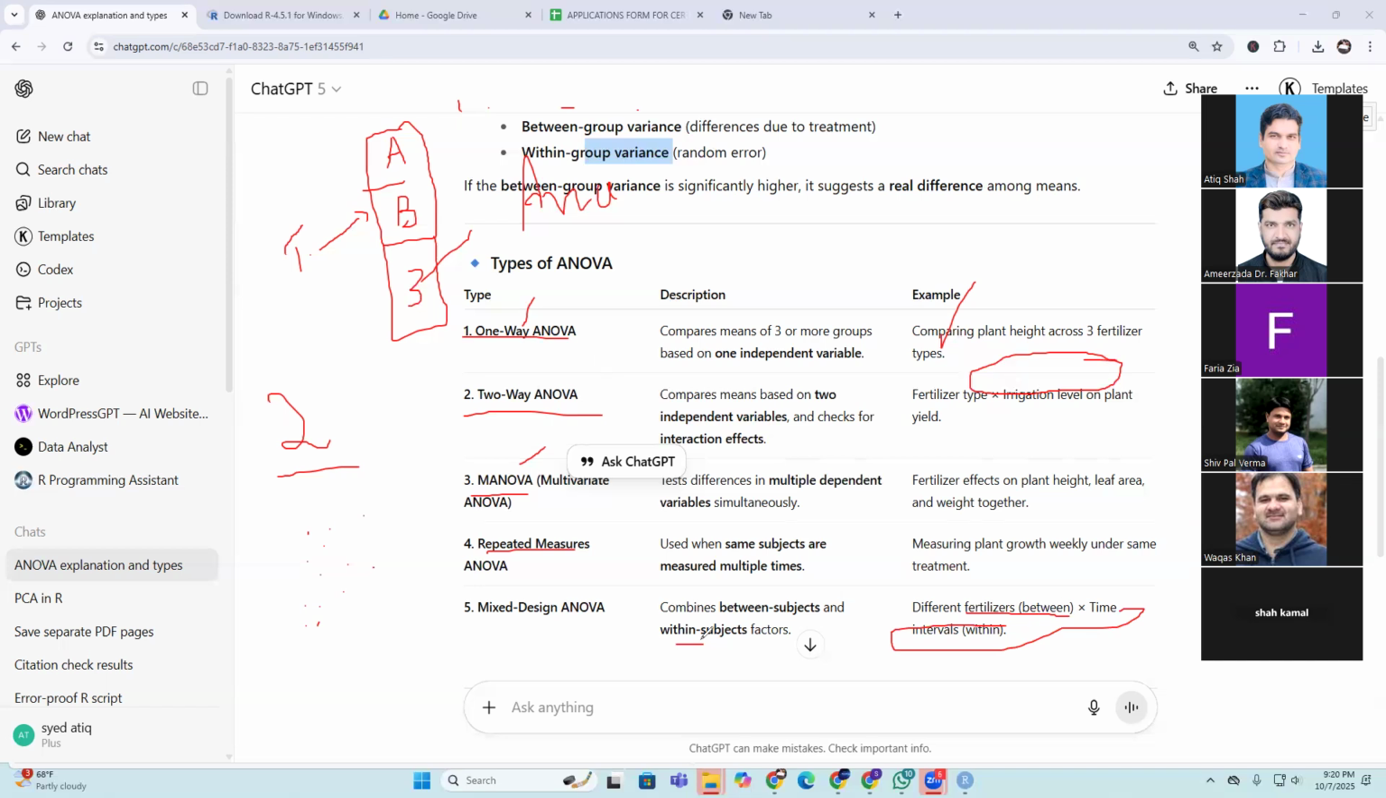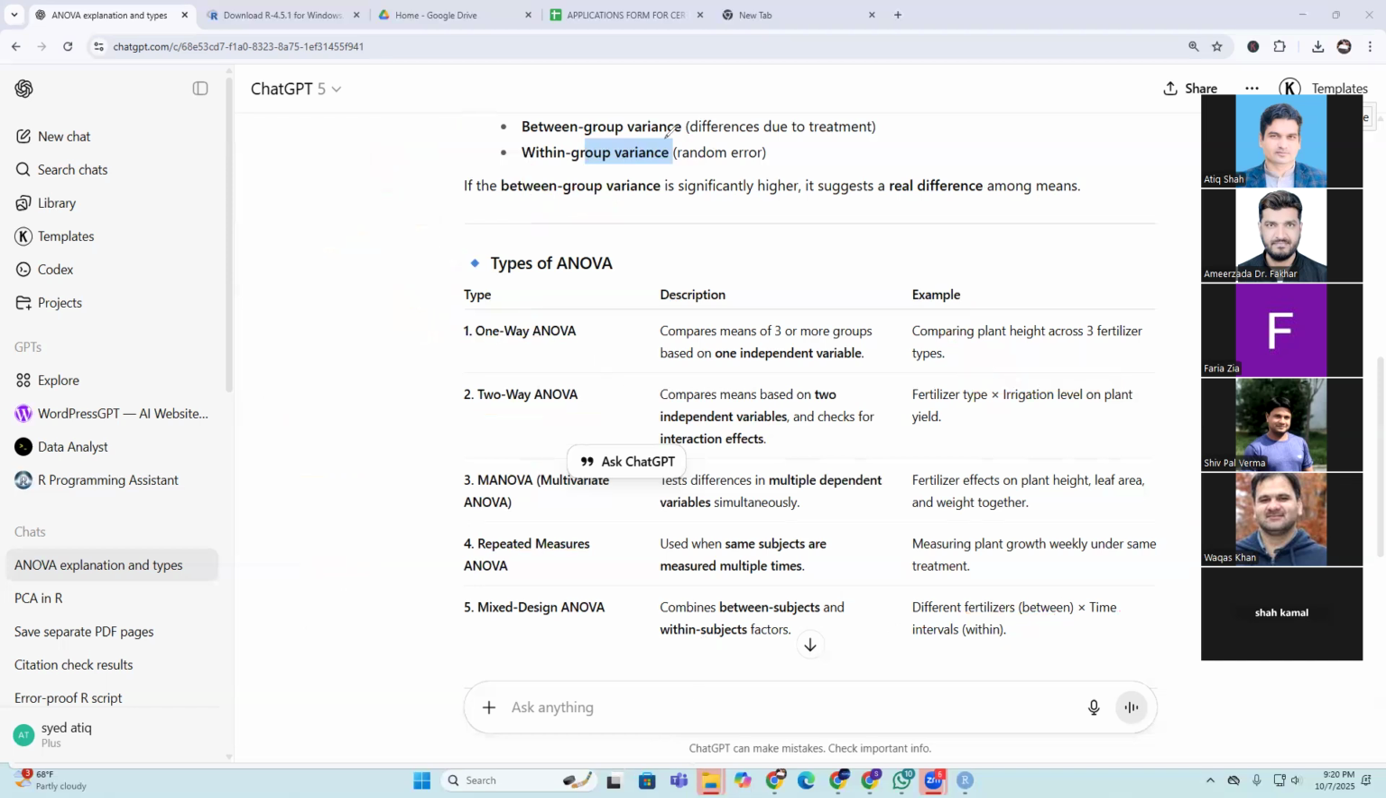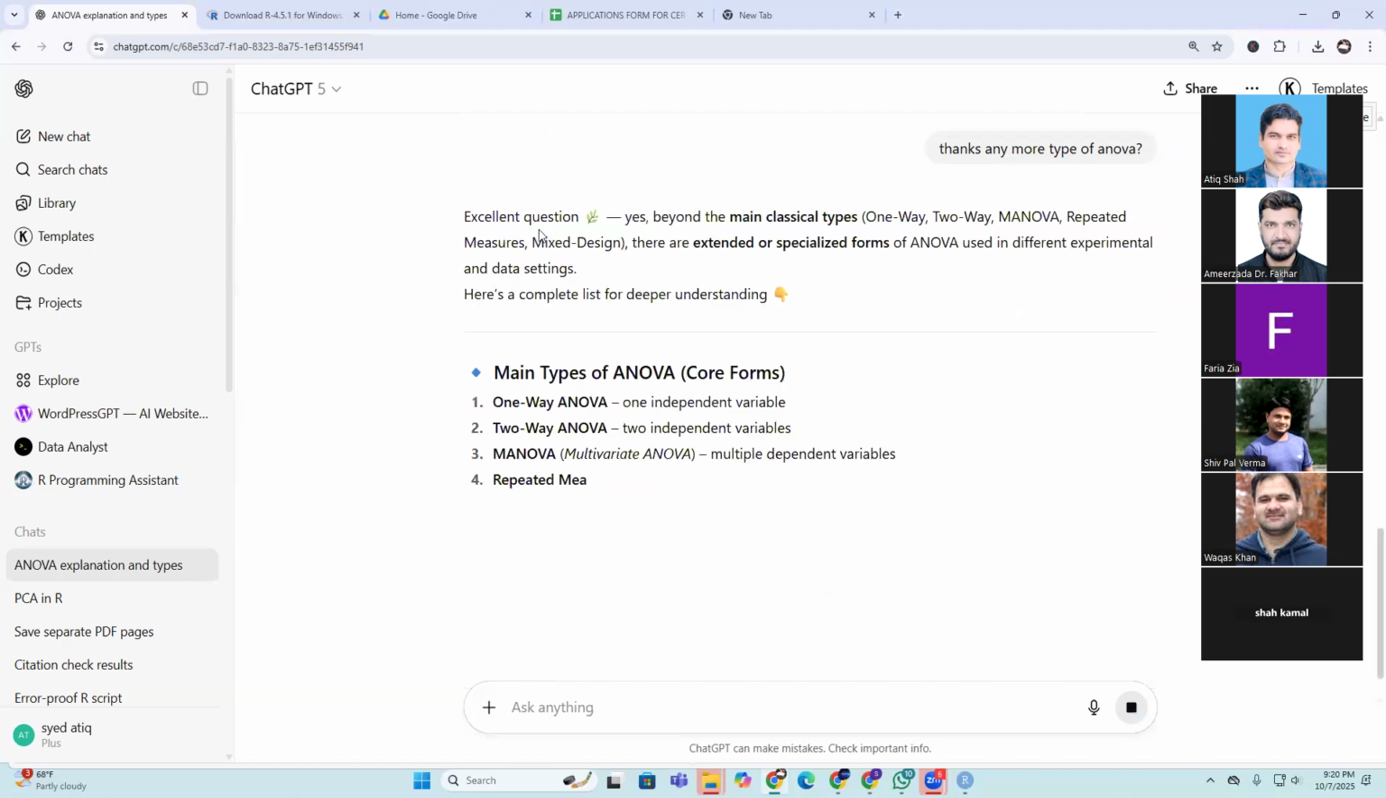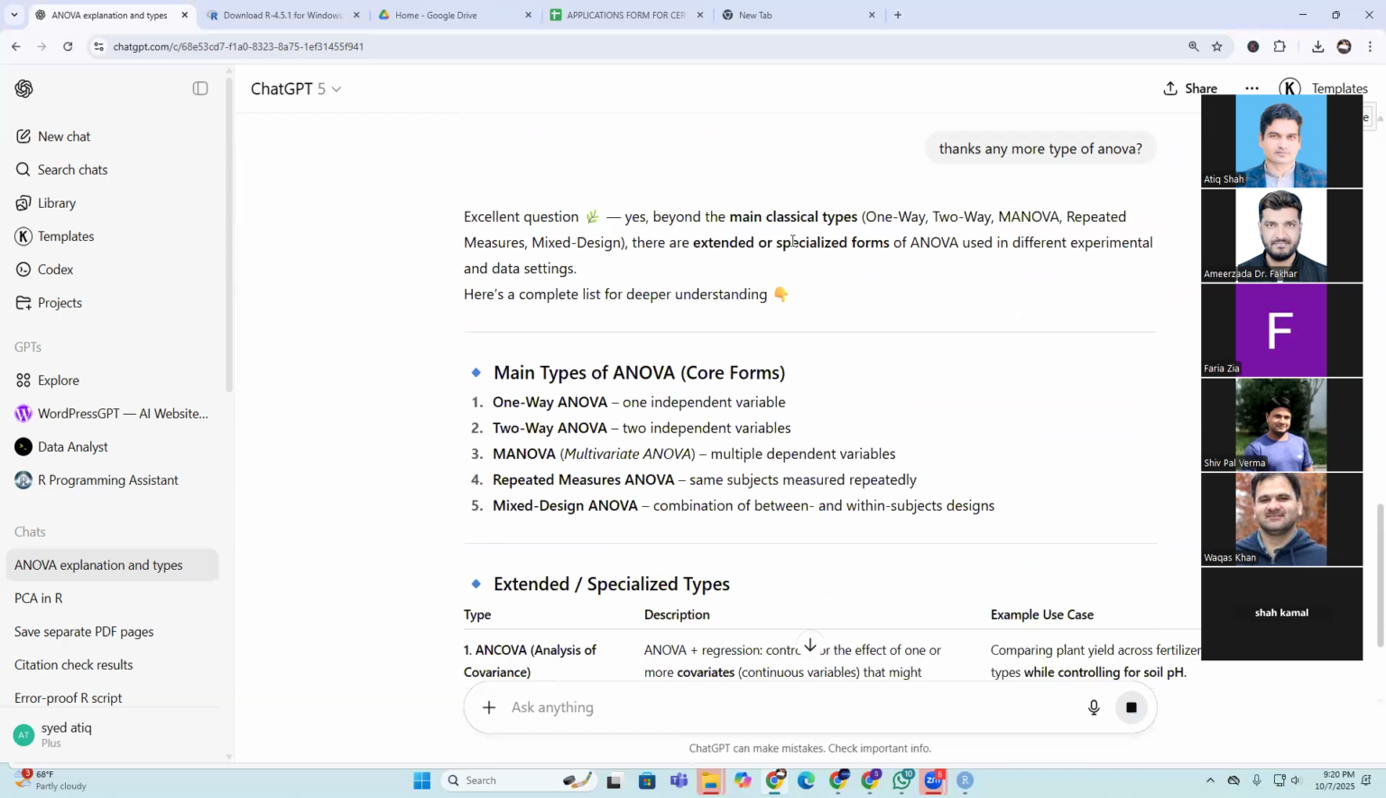Only five are given, but some more types of ANOVA exist. If you send a message to ChatGPT asking for any more types of ANOVA, it will give you a longer list of names. Excellent question. Yes, beyond the main classical types, one-way ANOVA, two-way ANOVA, MANOVA, repeated measures ANOVA, and mixed ANOVA,